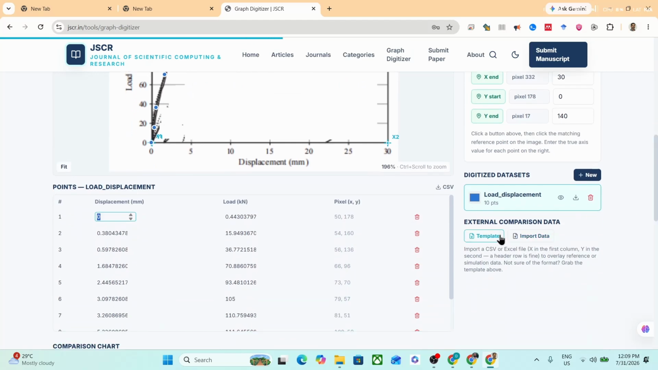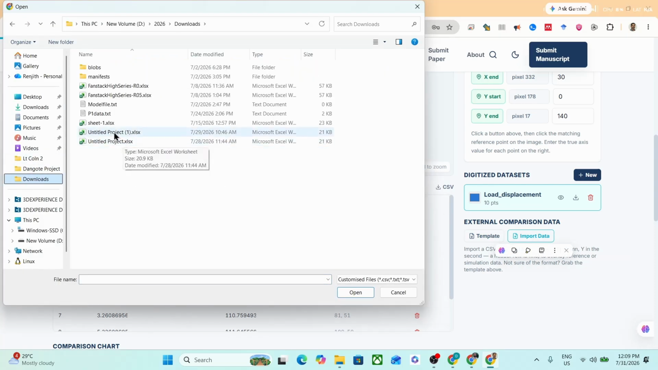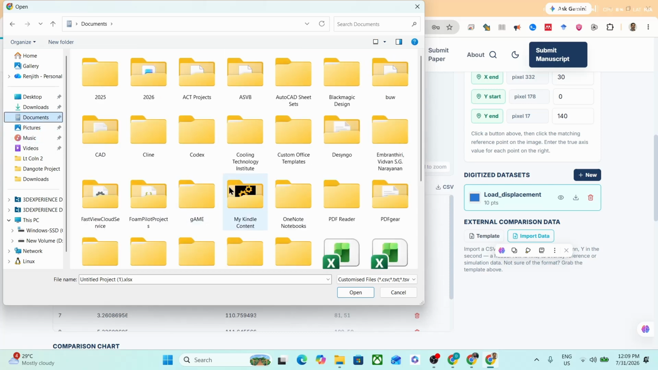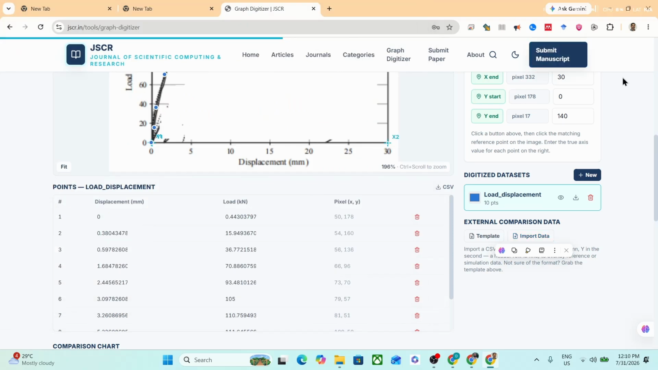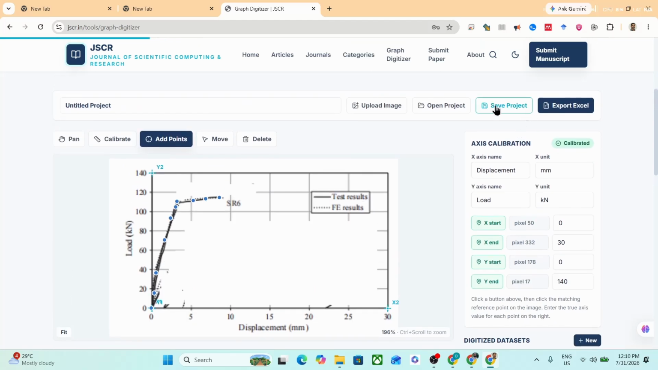If you have any external data, for example your validation data, and you want to compare, you can import it. Or we will do one thing: we will download this data, then again re-input this data. One second. If you click on export Excel,